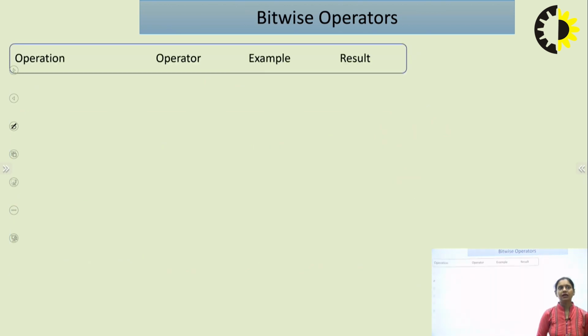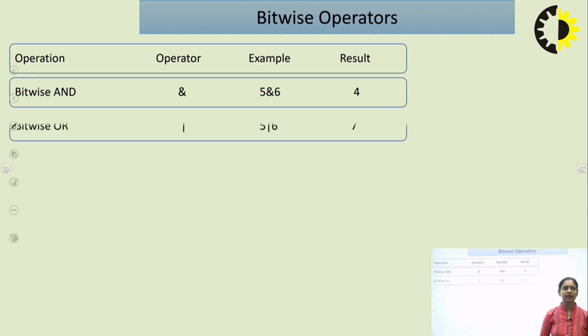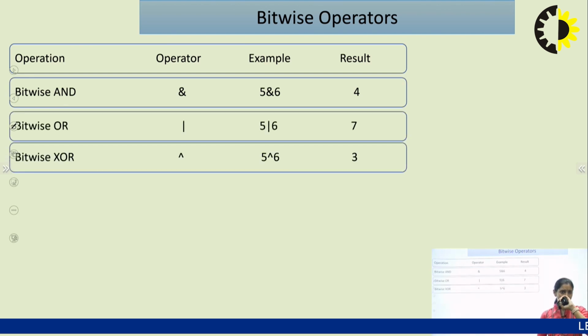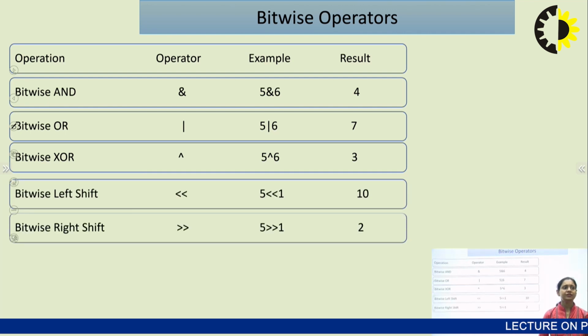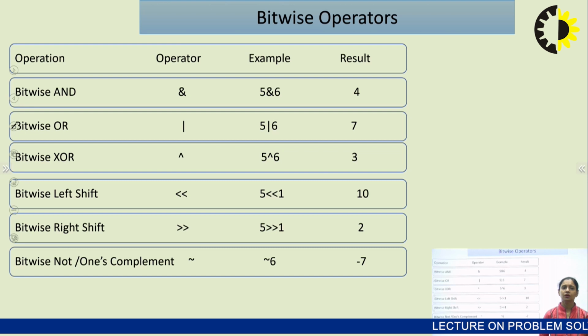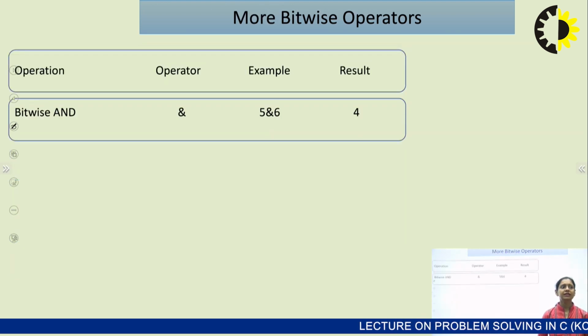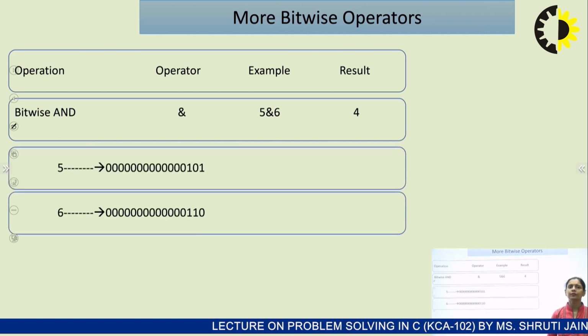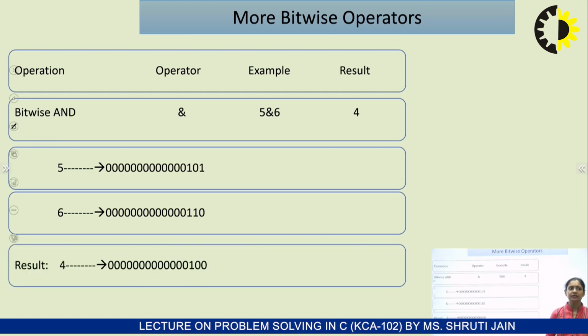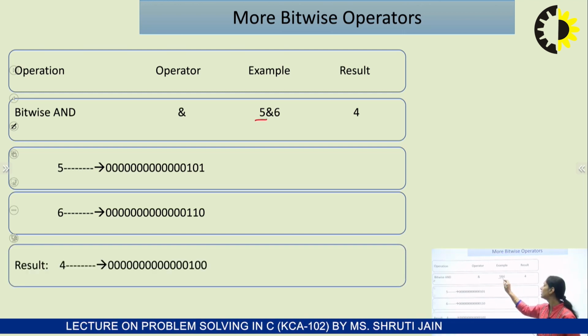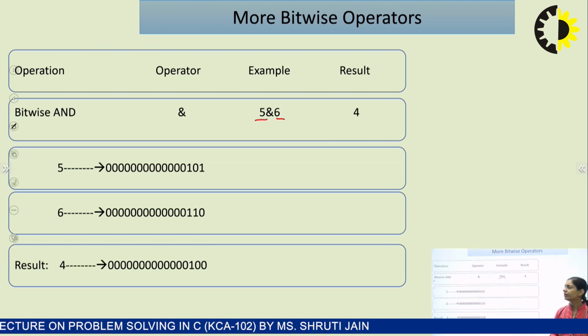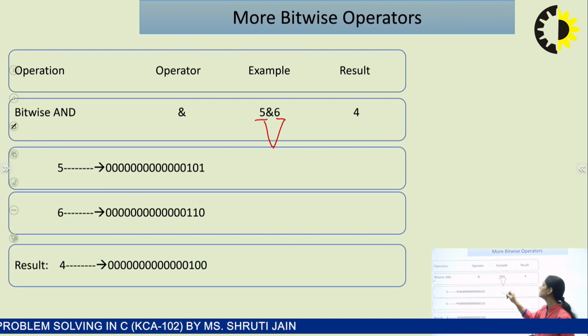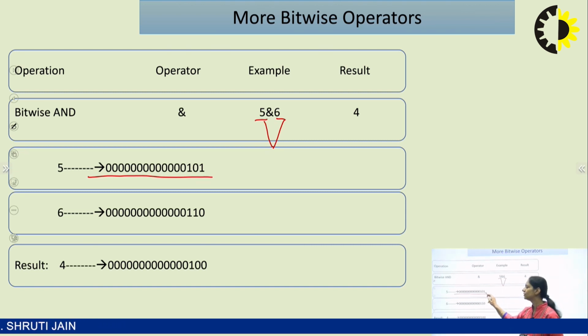The next ones are the bitwise operators. The bitwise operators are the bitwise AND, OR, XOR, bitwise left shift, right shift and the ones complement. So coming to the bitwise AND operator, it is used when we convert the decimal numbers. If we are talking about 5 and 6, these are the numbers in decimal form. So we first convert these decimal numbers into the binary representation. If we look here in the example, the binary representation of 5 is basically 101, but